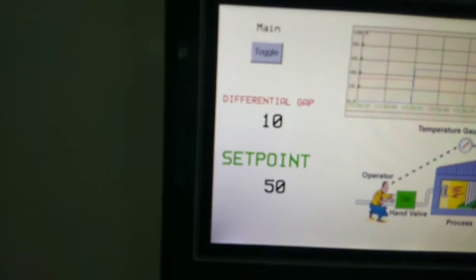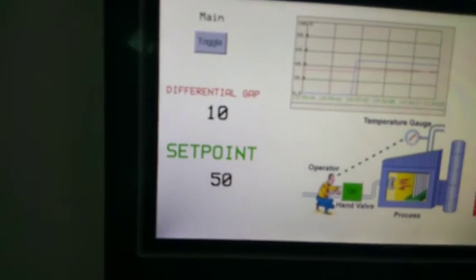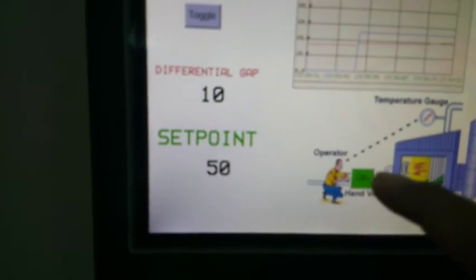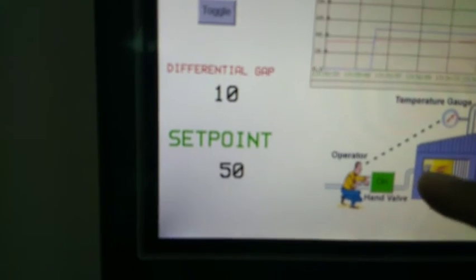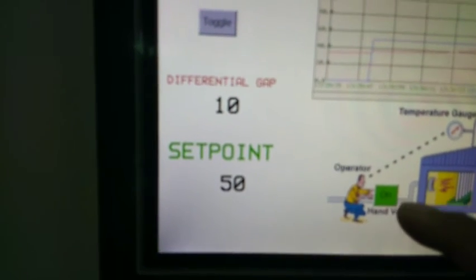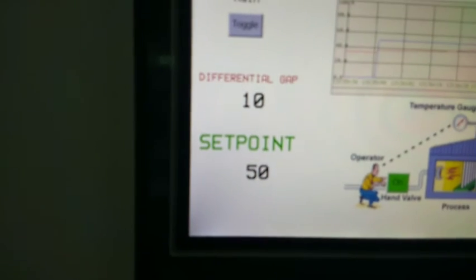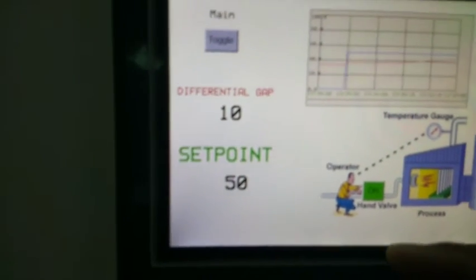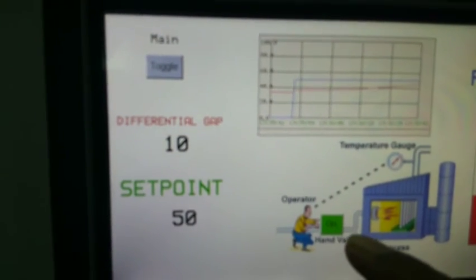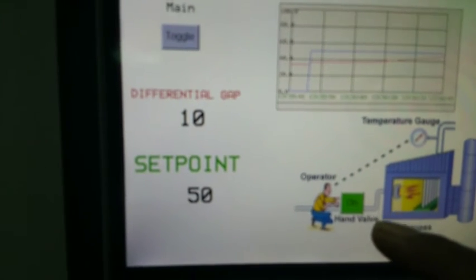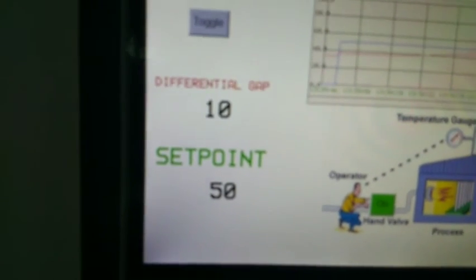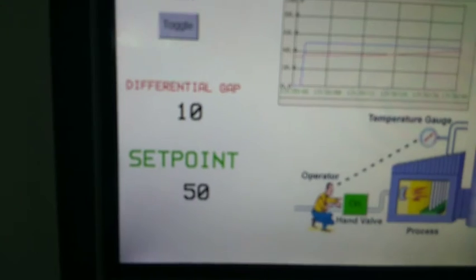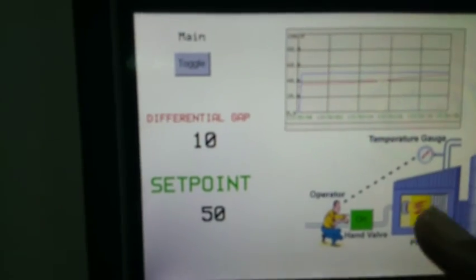When the temperature goes beyond 55, the heater is going to turn off. When the temperature is less than 45, the heater is going to turn on. Otherwise, if it is greater than 45, it remains on.